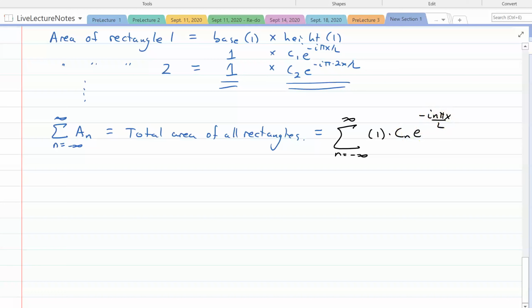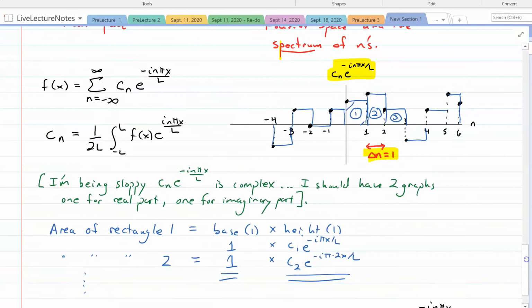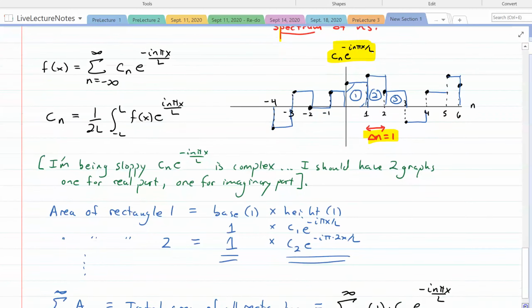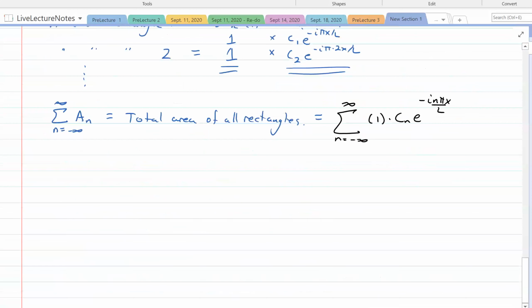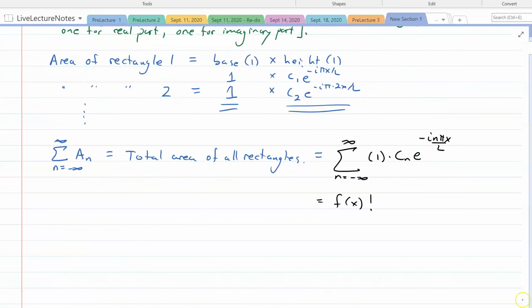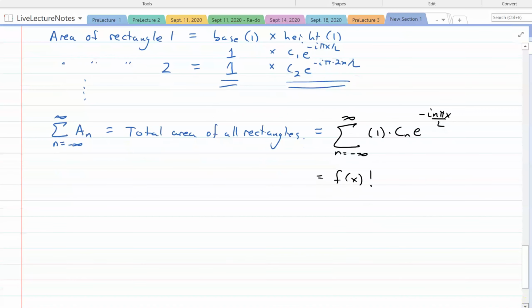Okay. So what I've done here is I haven't done much. I'm just interpreting this sum here as the area of all of those rectangles in that graph. Okay. So another way I can represent that function f of x is by calculating the area of all of the rectangles when I plot this particular graph. Okay, so this is f of x. Okay, so let's go back to our summation now